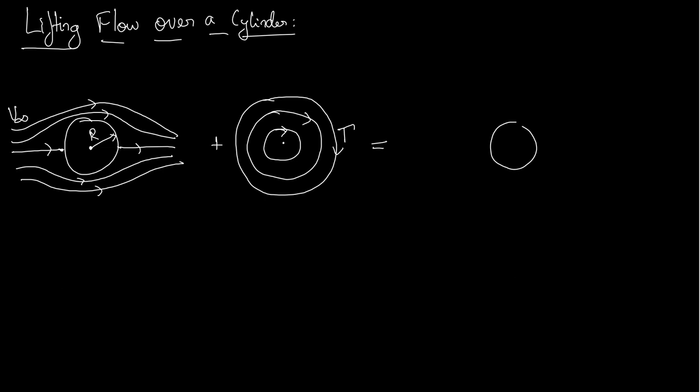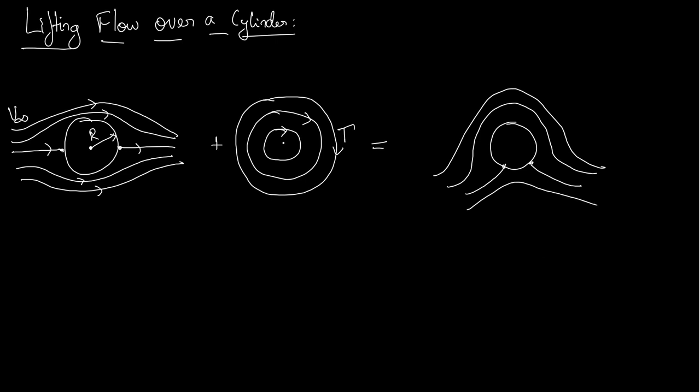What happens is the flow starts to look like this. The stagnation points which were earlier at these 2 points now have shifted themselves to these 2 points. So the flow looks like this. You can see the flow looks highly unsymmetrical. So we start suspecting that this will have some unbalanced forces which leads to a lift, and that is what is happening. So now let's go over the same procedure that we did earlier.